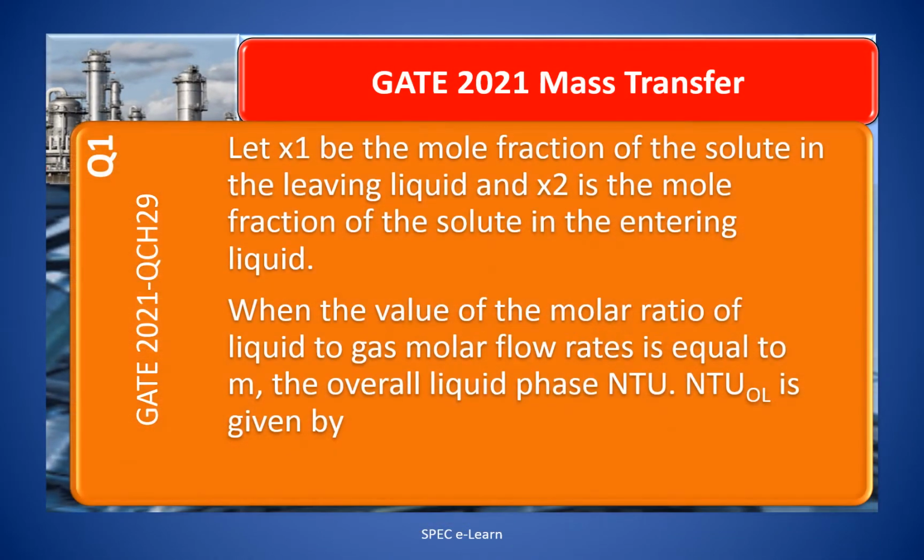Let x1 be the mole fraction of the solute in the leaving liquid and x2 the mole fraction of the solute in the entering liquid. When the value of the mole ratio of liquid to gas molar flow rates is equal to m, the overall liquid phase NTU, NTUOL is given by